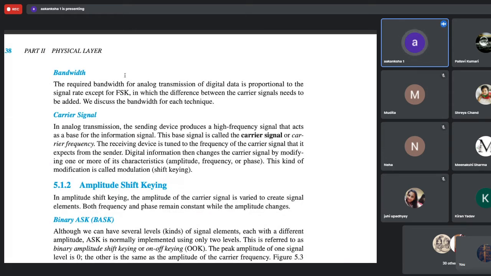तो F1 फ्रीक्वेंसी एक सिग्नल माना जा रहा है, F2 फ्रीक्वेंसी पर जो साइन वेव जा रही है वो डिफरेंट सिग्नल है, F3 फ्रीक्वेंसी पर जो जा रही है वो डिफरेंट सिग्नल है, F4 फ्रीक्वेंसी पर जो जा रही है वो डिफरेंट सिग्नल है. सो आई हैव 4 डिफरेंट टाइप्स ऑफ सिग्नल्स विद डिफरेंट फ्रीक्वेंसीज F1, F2, F3 and F4, but they are representing only 2 bits because 4 different signals can represent 2 bits of information. I hope this is clear to all of you, because there are 4 different types of signals, so you can have 2 bits of information per frequency change.